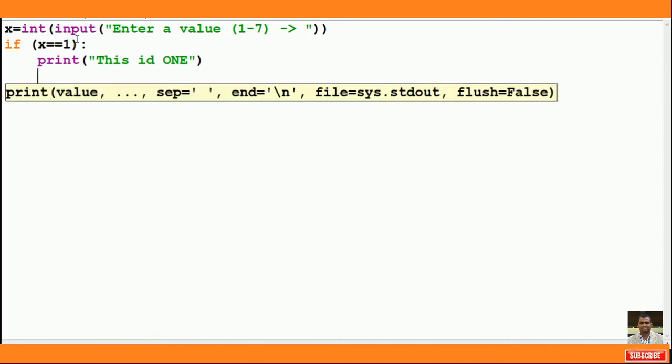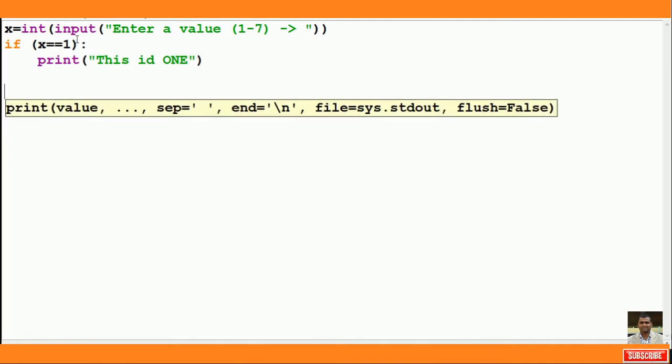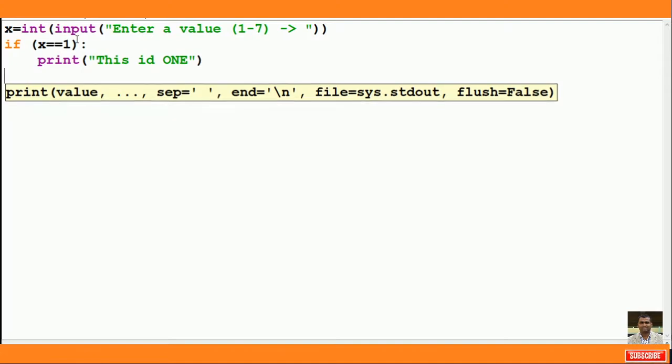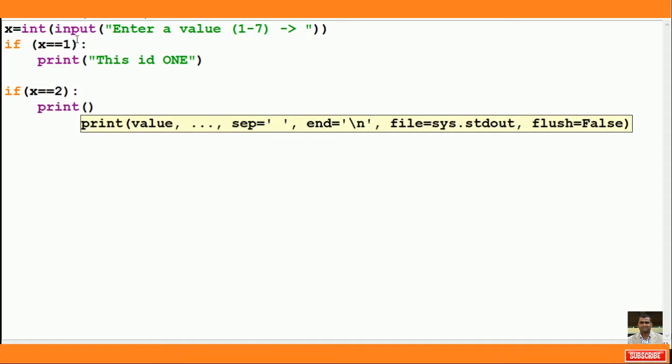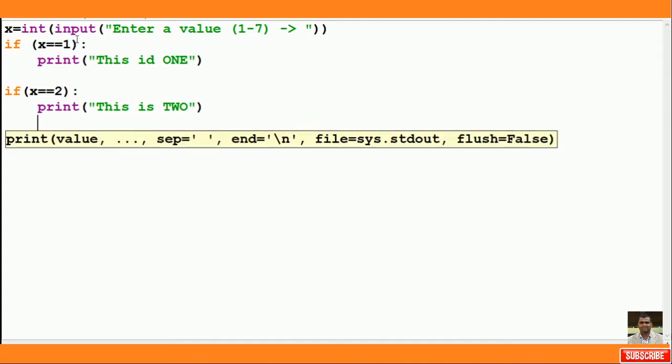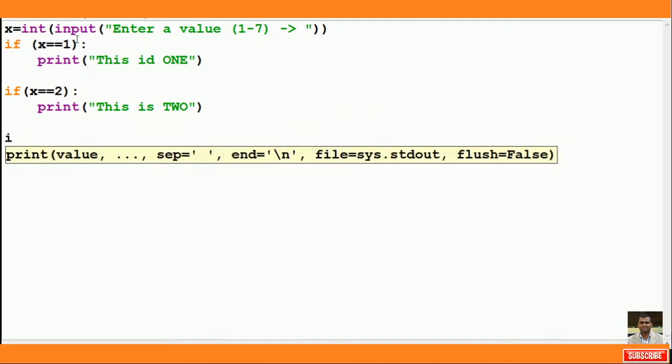I will not have any else part. Second one, same thing: if x is equal to 2, then print this is 2. Can you tell me how this program is going to run?